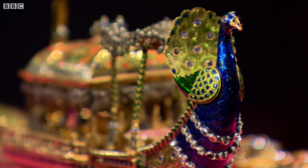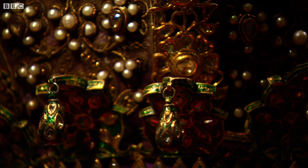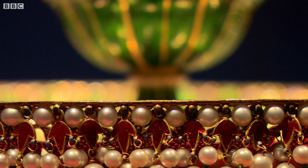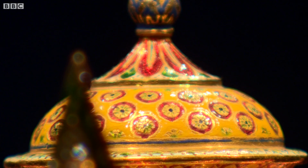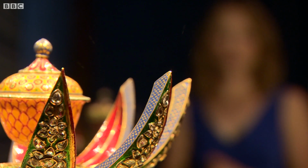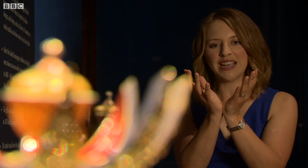They join a collection of gifts exchanged by the then Prince of Wales when he toured the Indian subcontinent in 1875 during the reign of Queen Victoria. The items display dazzling craftsmanship, like this perfume holder made with gold, diamonds, enamel and pearls. It has a hidden mechanism so the petals open out, and it's been recorded that it took 5 years to